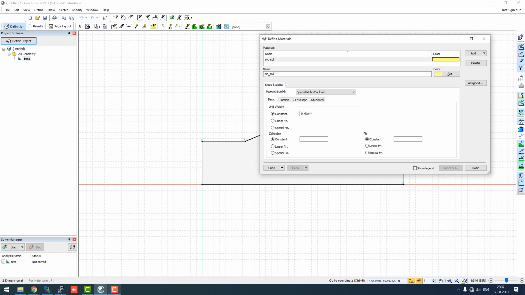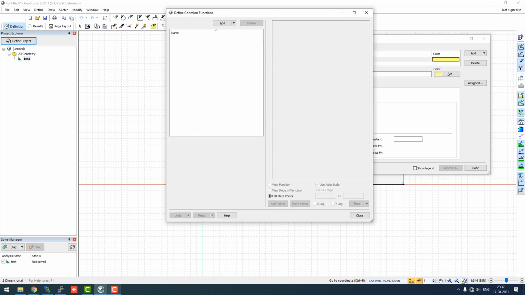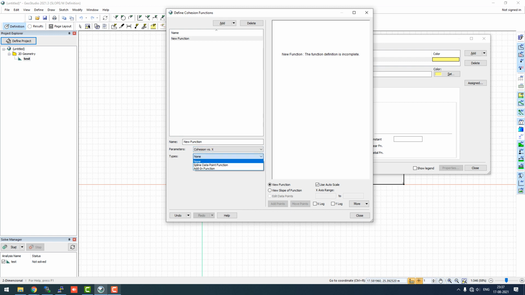You can define them based on the value of x and y. Basically, if you go with the linear function, you can create a function, and in this function you can just add cohesion versus x or cohesion versus y,